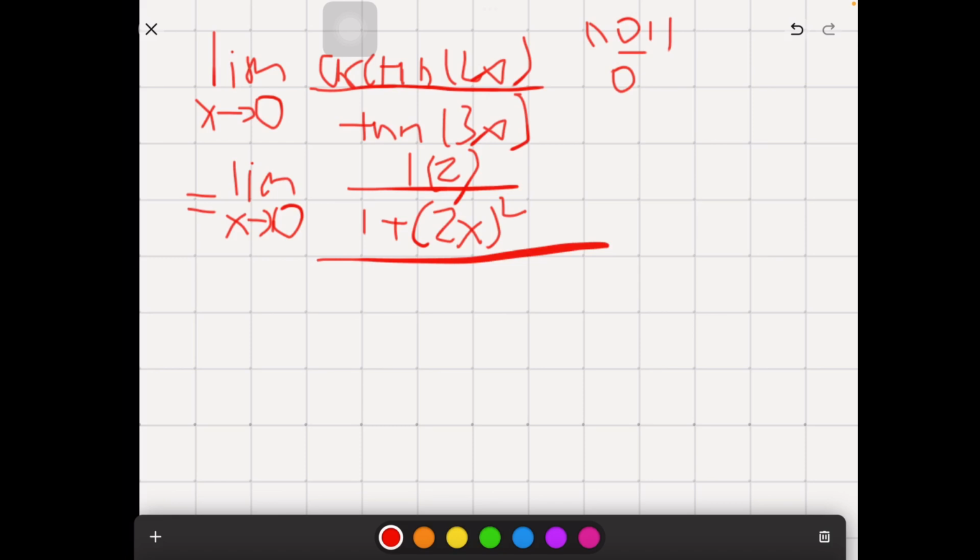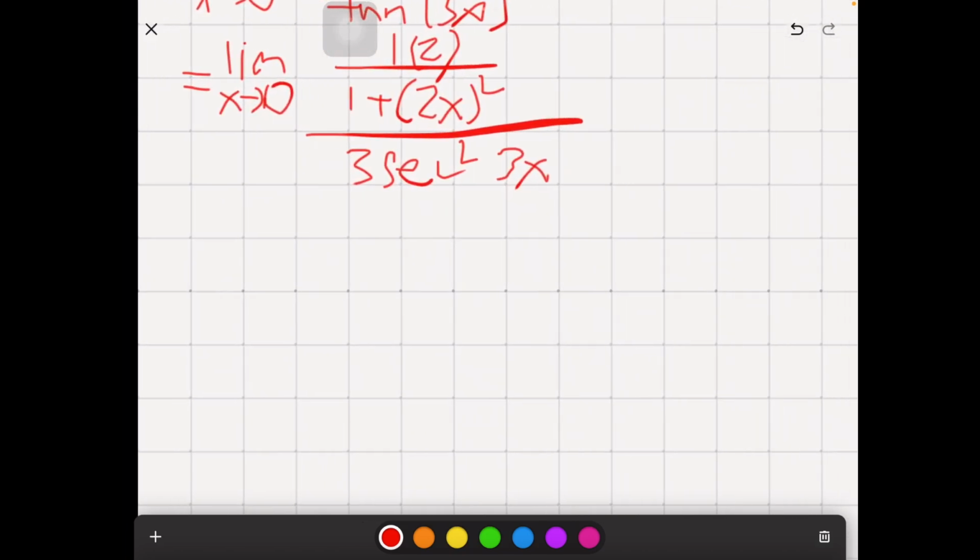But you have to remember that there's also a 3x there. So this just becomes secant squared of 3x. And then you multiply everything by 3 because of the chain rule. So if I clean this up a little bit,